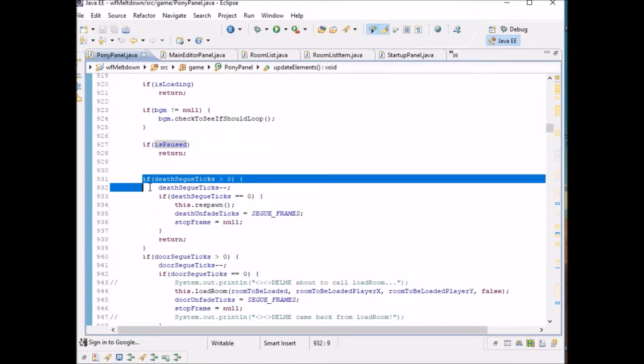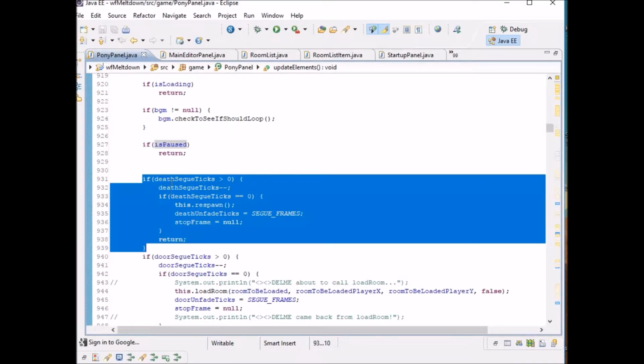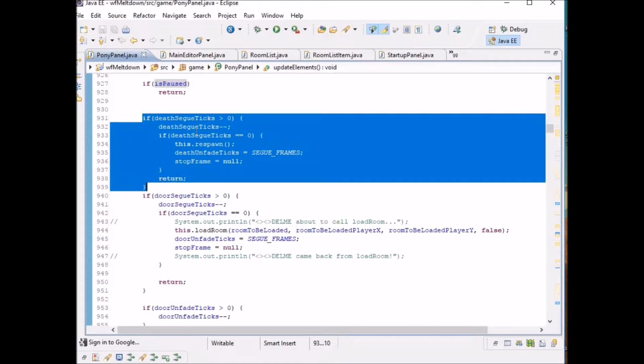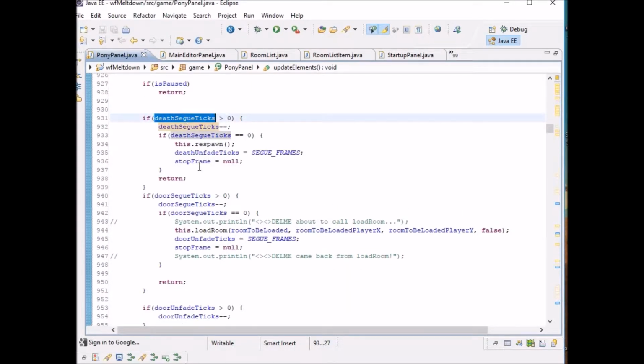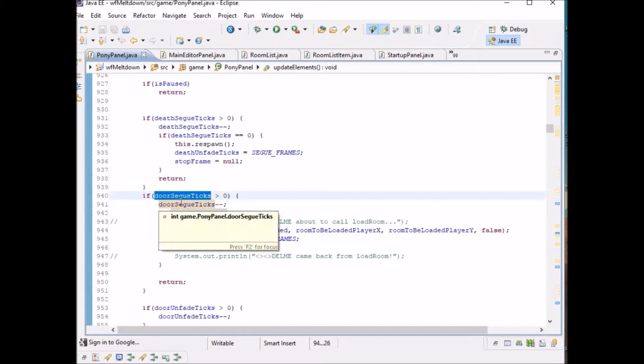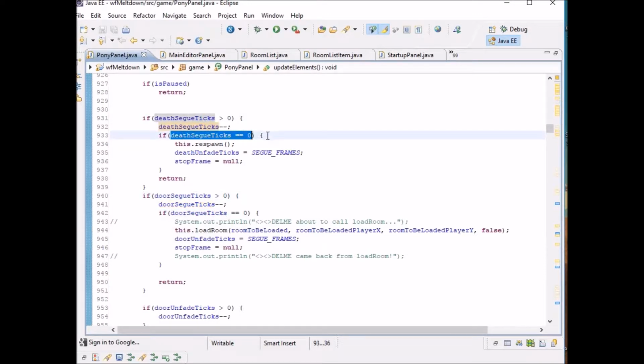This chunk of code is checking to see whether we are in the middle of a death segue or a door segue. That is to say, if the screen is fading to white in this case, or if the screen is fading to black in the case of a door. And as soon as the ticks hit 0, that is to say, as soon as we've counted down the number of ticks that it takes to fade either to white or to black, then